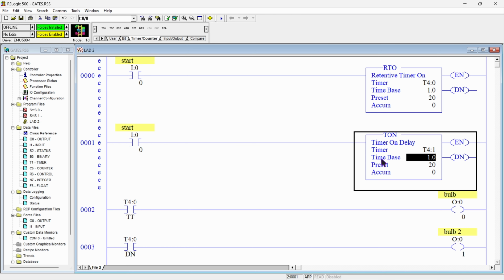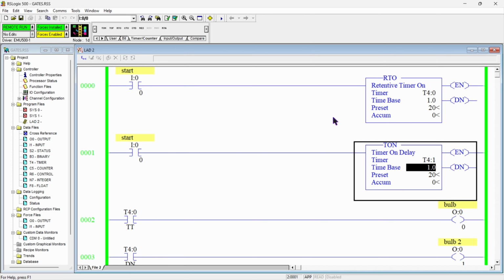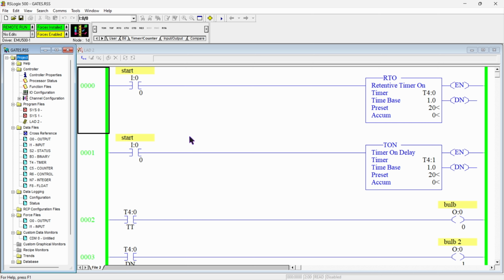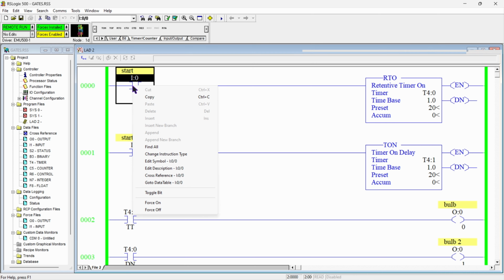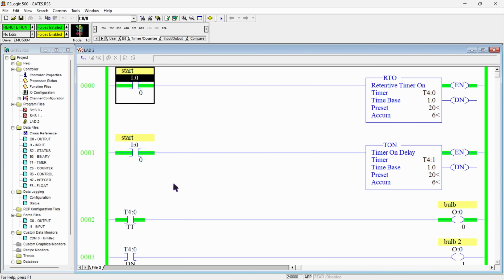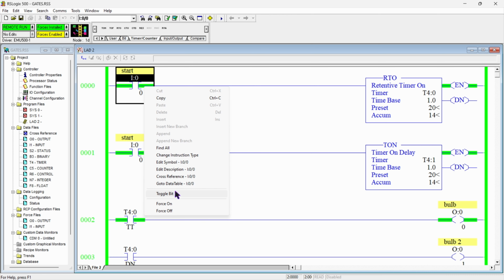But the difference happens whenever I turn off this input for our timer. So to see that, we need to put this program on run mode. So I will just run this program. So our program is in running condition where I will just toggle this start input, and our timers have started counting for the time delay, and the difference which I am talking about will happen here after I untoggle this